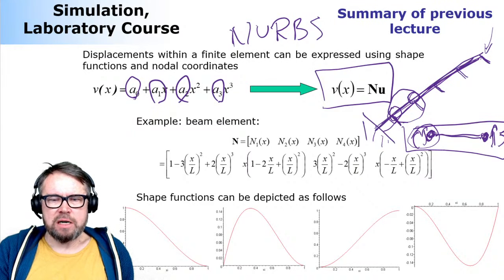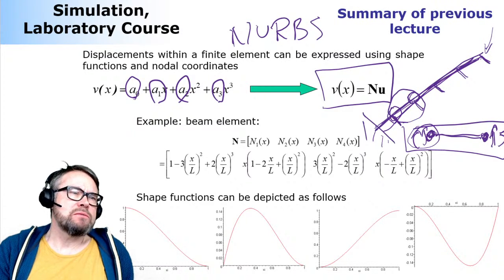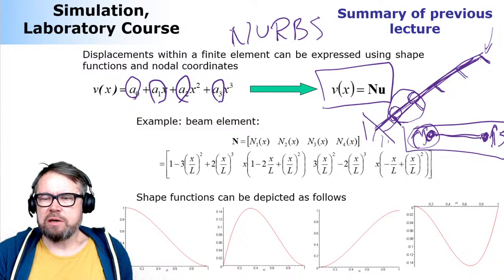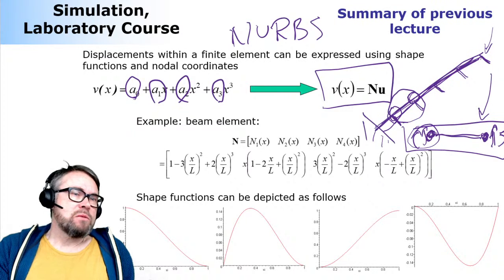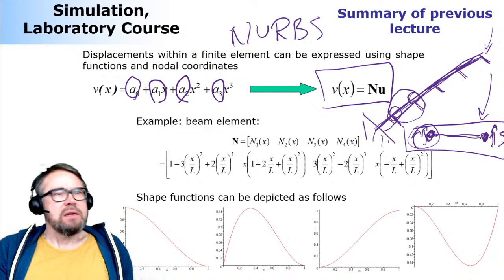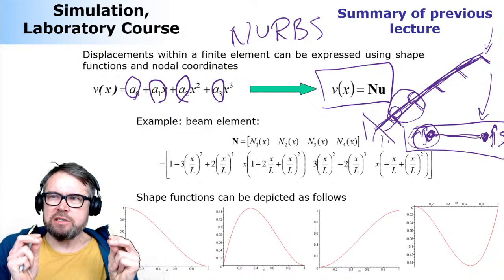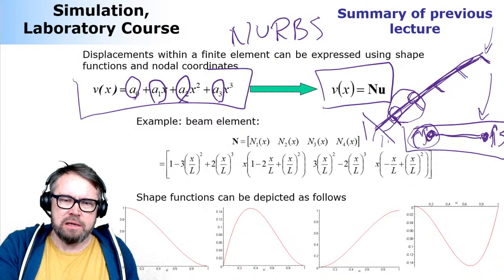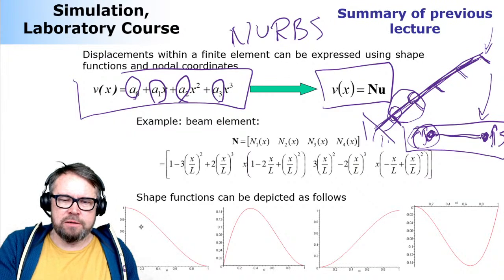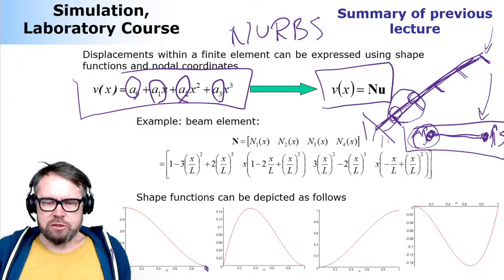Shape functions tell how the assumed displacement behaves when each of these 4 degrees of freedom is activated. So when there is a displacement in each of these 4 degrees of freedom of the element, how can we assume particles to behave between these nodal locations? This is super important. And this is how they behave if you're selecting the polynomial like it is shown here. So if you have a displacement in your first node here in a transverse direction, this is how the particles are assumed to change their